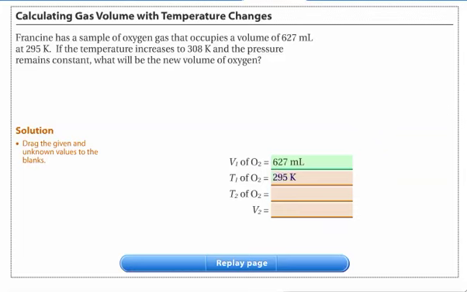Now it's very important that you're in Kelvin. If instead you have a problem where the temperature is in Celsius, remember you're going to have to make that conversion to Kelvin. Now it says if the temperature increases,